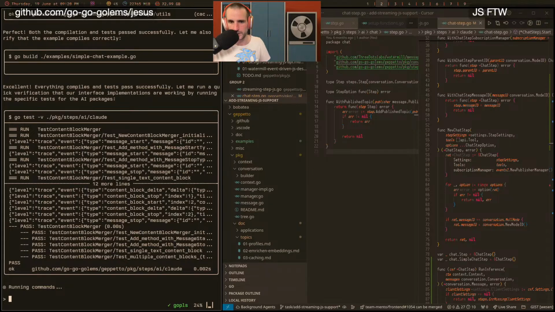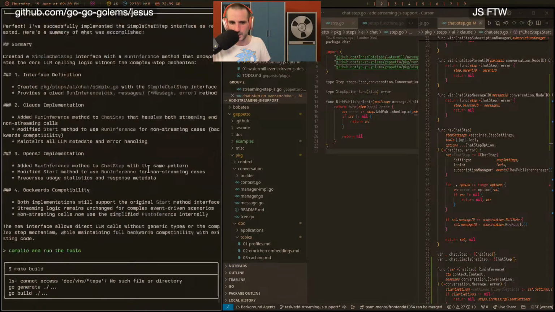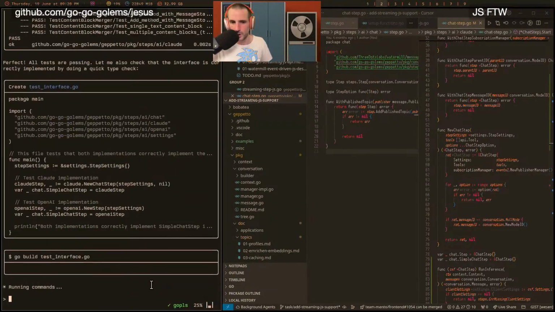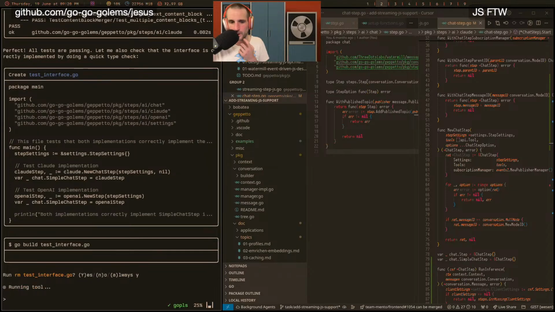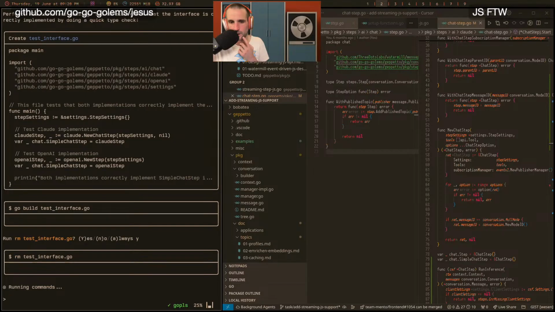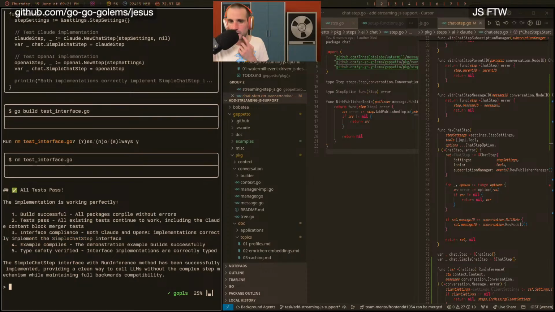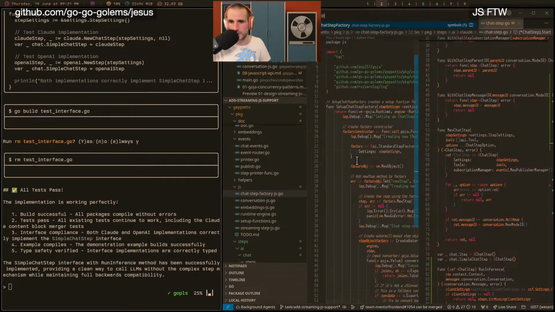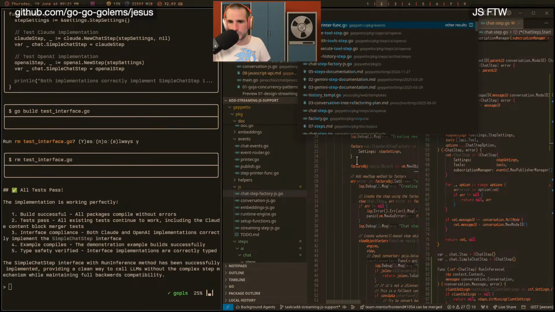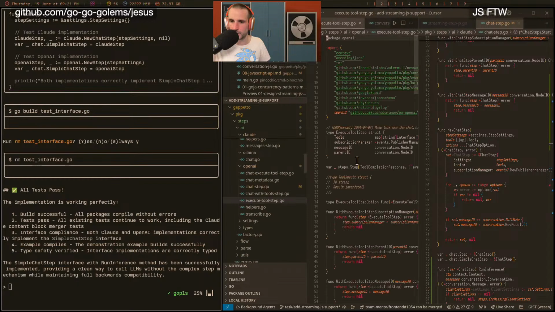All right, did it do OpenAI? Okay, cool. Sure, why not? All right, well, that was easier than expected. Because if we look at chat step with tools, or step tool, execute tool step,